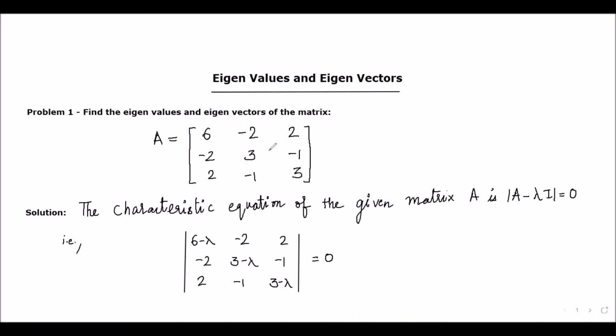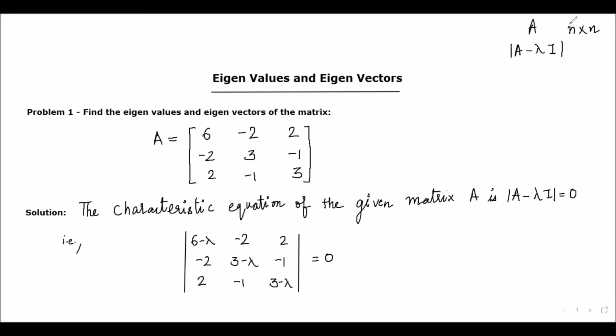So we know that eigenvalues are the roots of the characteristic equation. So for finding the eigenvalues, firstly we need to find the characteristic equation. Now what is the characteristic equation? See here, if we have any matrix A and it's a square matrix of order say n, then the first term which we have is the characteristic polynomial, which is given by this determinant. The determinant of A minus lambda I, this is called the characteristic polynomial.